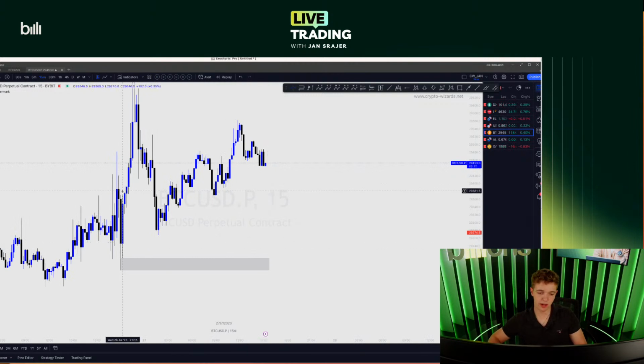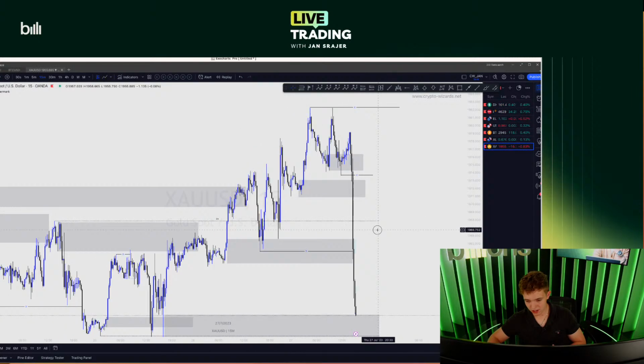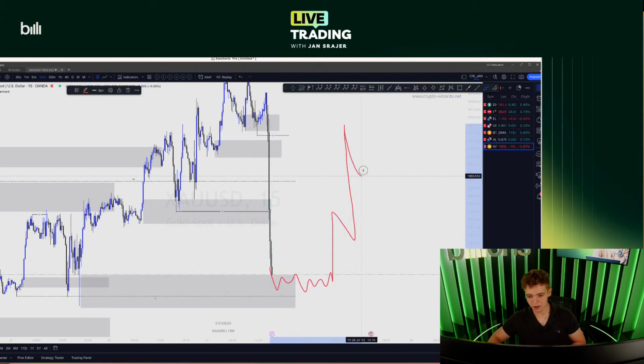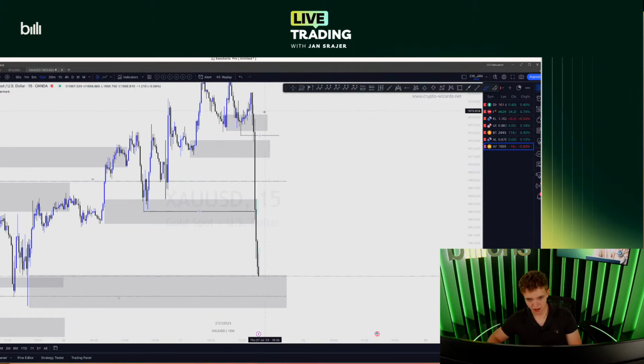But a lot of times when you get a quick impulsive move down like this, it's reversed pretty easily in the upcoming few hours. So I wouldn't really call this extremely bearish on EU, gold and whatever it is. What can happen is that it's going to create a quick range and then pump to the upside. That's why I'm not really a fundamental trader, because the initial momentum here is very hard to catch.